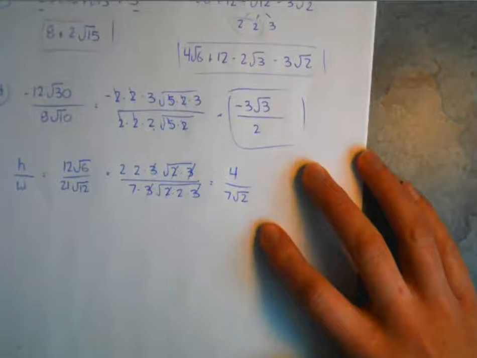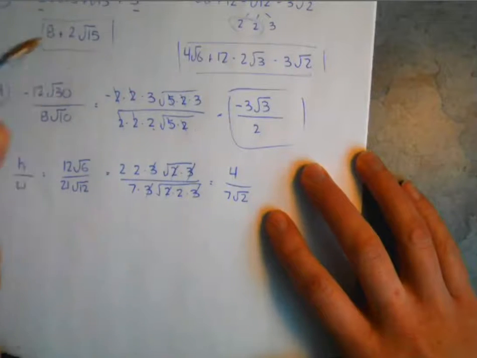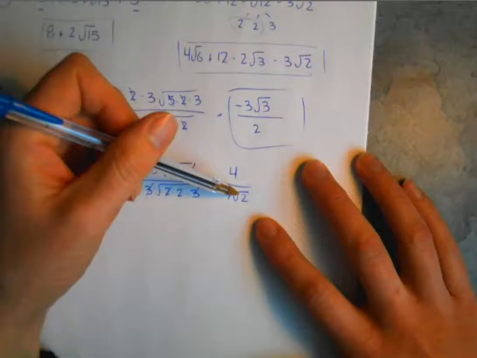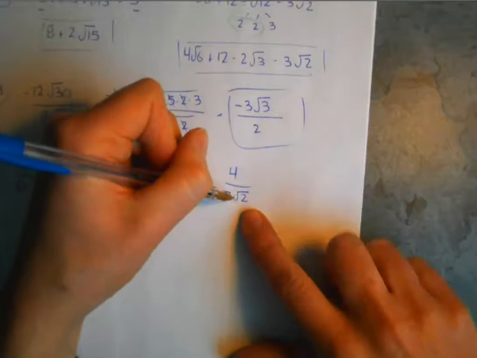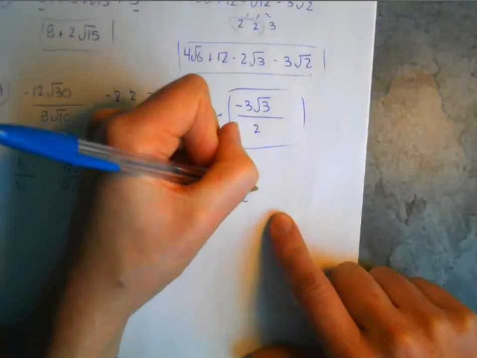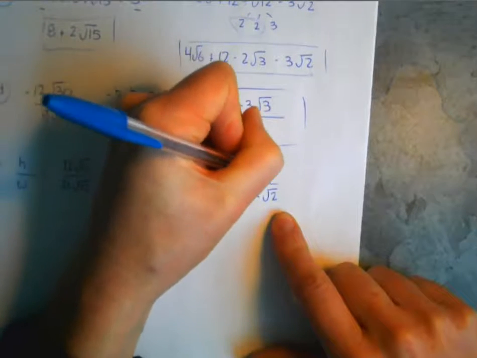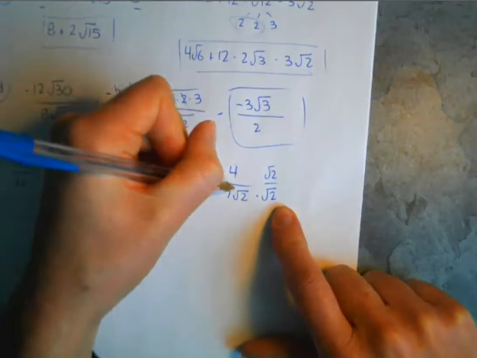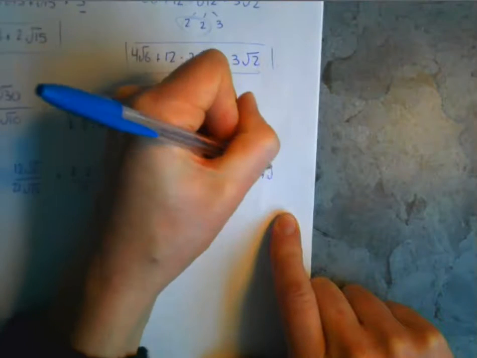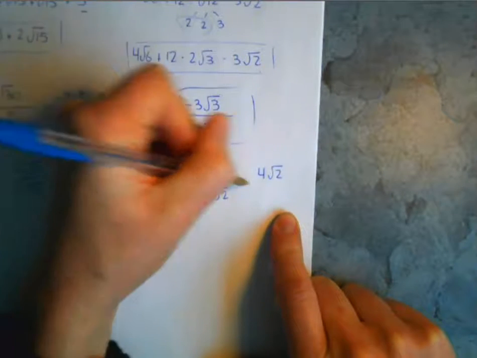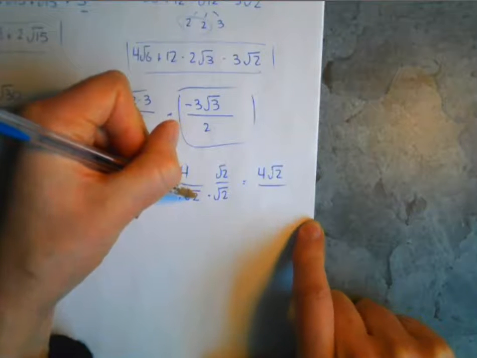Now remember that if you have a denominator that has a radical in it, then you want to rationalize that. So we want to basically multiply both sides by this radical in order to get rid of it. So root 2, root 2. And so now we're going to have 4 root 2 over 7 times root 2 times root 2 is going to give us